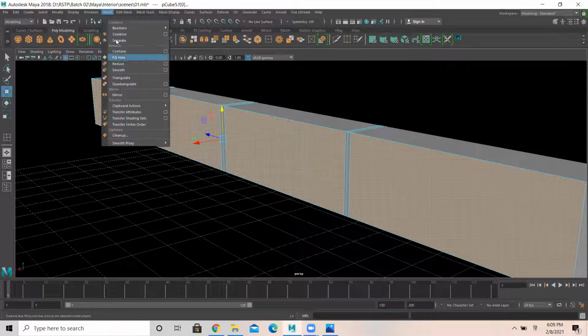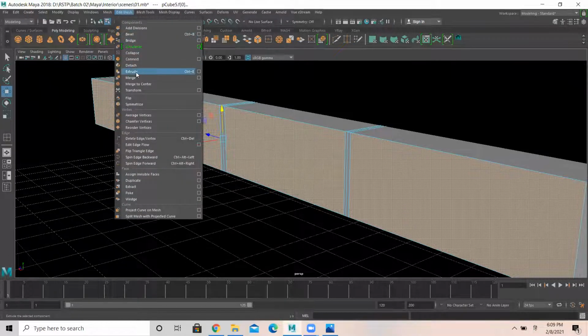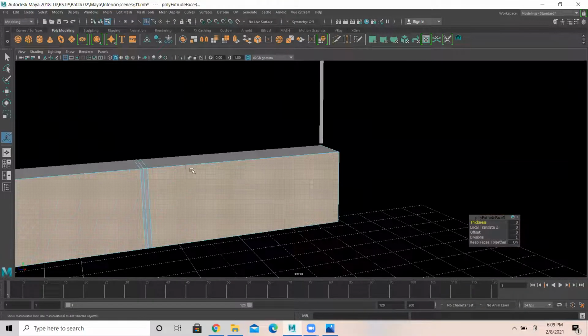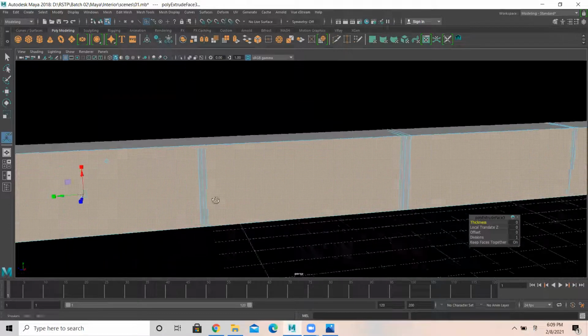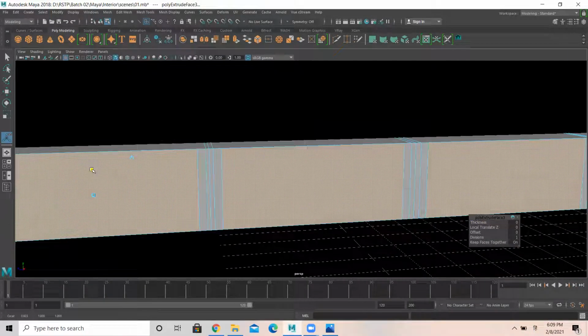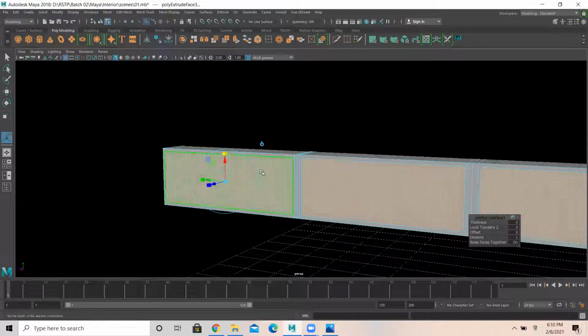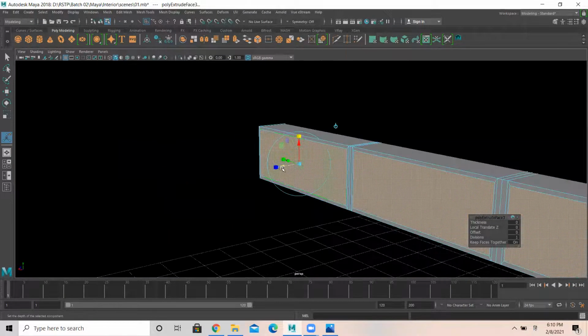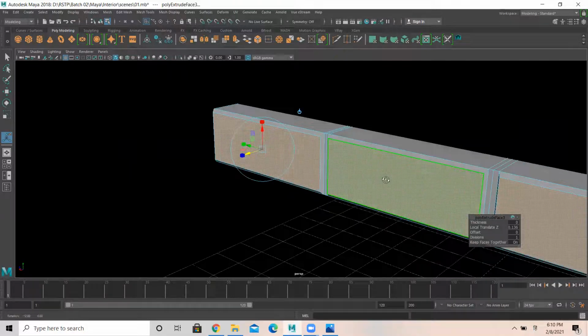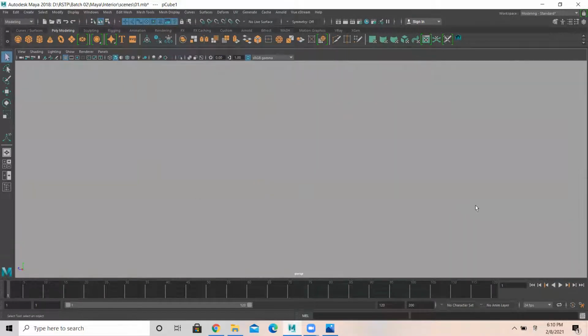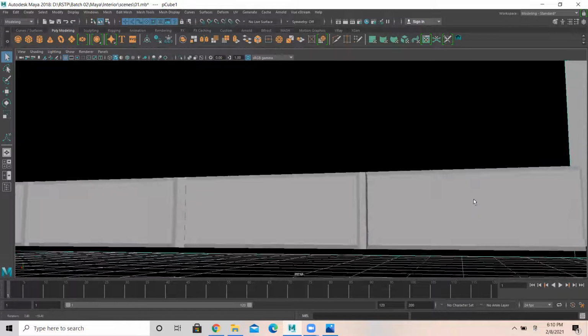I extrude this like this. Okay. Then again I extrude this bit outside. Okay. You get different boxes here.